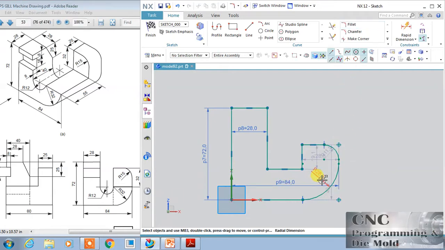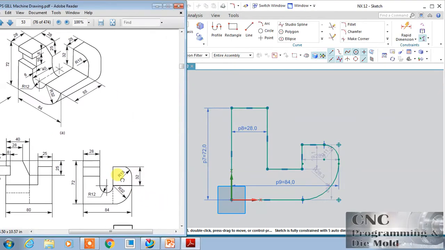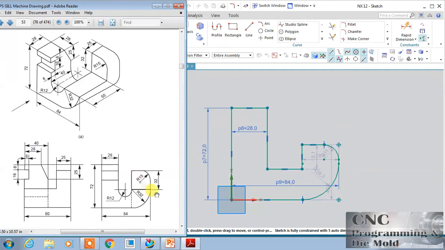Now double click this or define this height as 32 and 32. This is 32 and upper, that is 15.